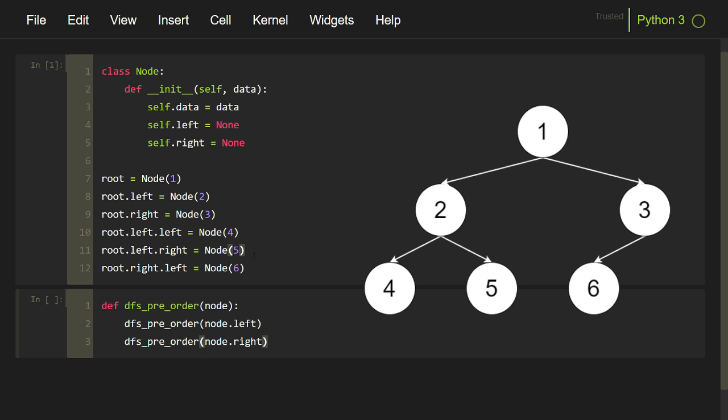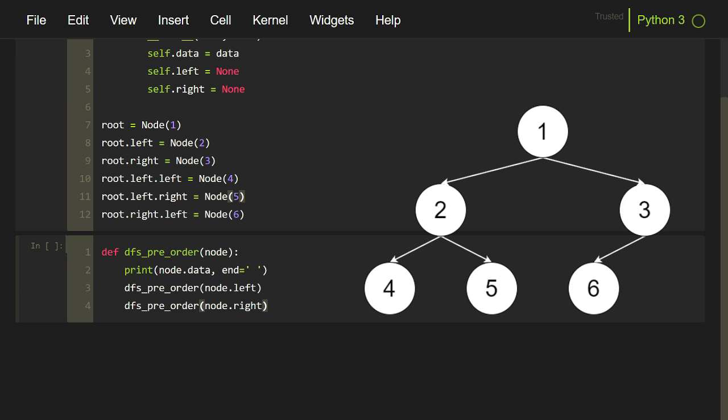Now what does this pre word mean? So pre means before. So this algorithm states that before processing the left child and the right child, we need to process this node. So we will process the current node before these two lines over here, and this processing can be anything. So if you are trying to find a value inside the tree, you can add an if condition that if the key matches the node's data, or any other processing. In this case we will just print the node.data ending with a space.